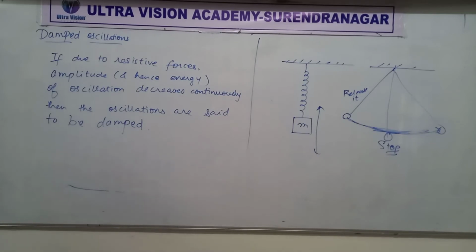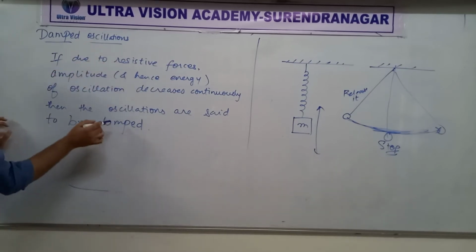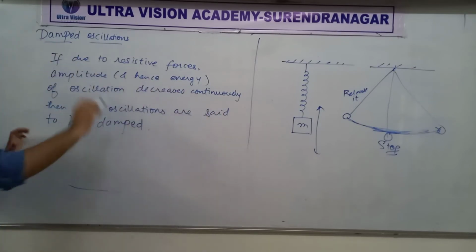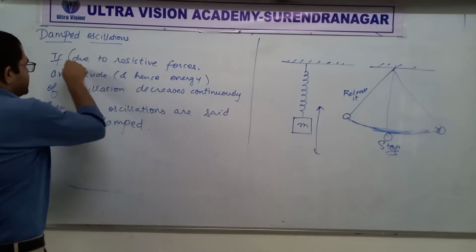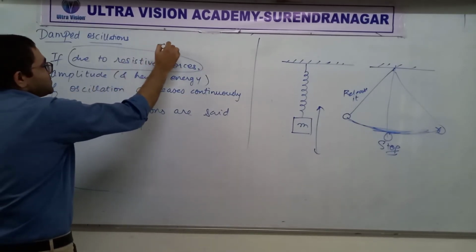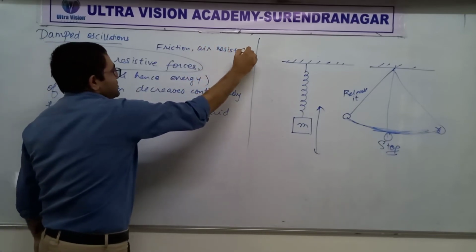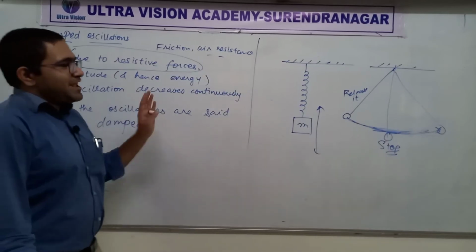Gradually the amplitude will decrease. Right? Okay, so oscillations will get damped. Again, damped, that is the amplitude and energy will decrease. Clear? Why does this happen? Due to resistive forces. Good examples of resistive forces are friction and air resistance. These are some very simple examples of resistive forces. Right, so that is damped oscillation.